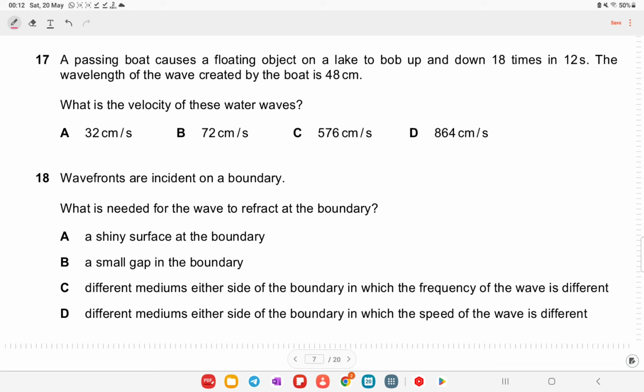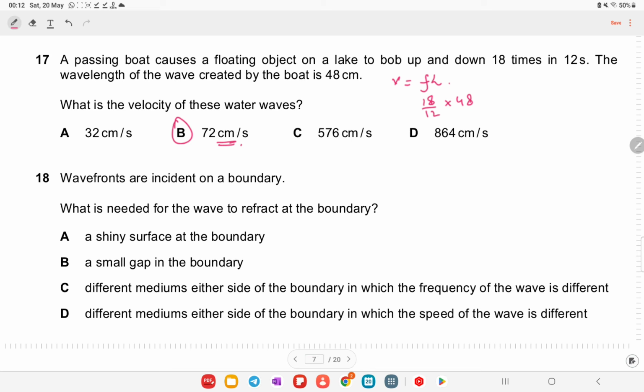Okay, a passing boat causes a floating object on a lake to bob up and down 18 times in 12 seconds. The wavelength of the wave created by the boat is 48 centimeters. So we know the formula, it is v equals f lambda. So frequency will be 18 divided by 12, times 48. If you do the calculations, 18 divided by 12 times 48, you will end up with 72 centimeters